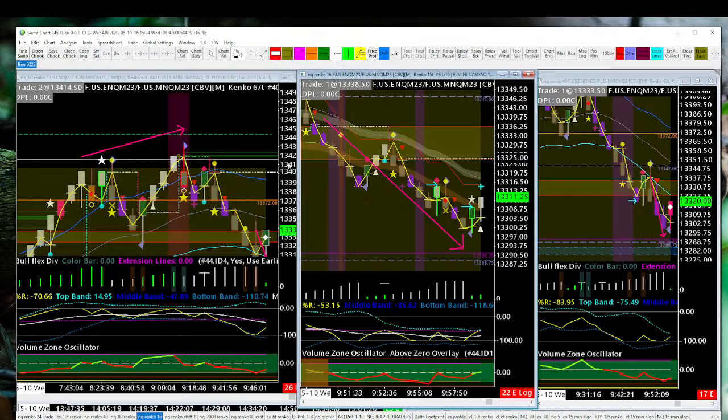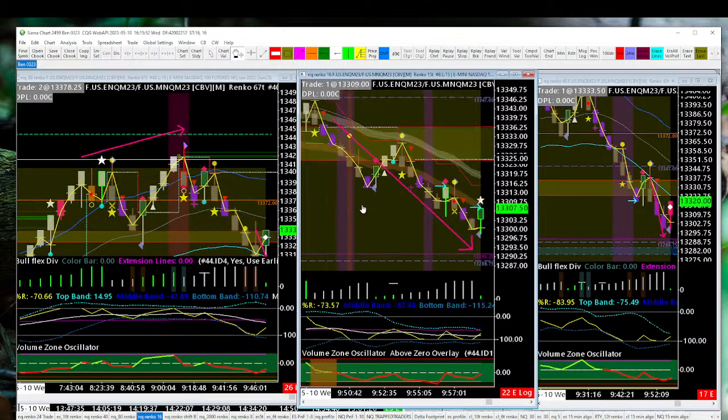So how big were the bars? And what you're seeing is that the size of the bars and the amount of bearish energy, let's just say, is slowing down